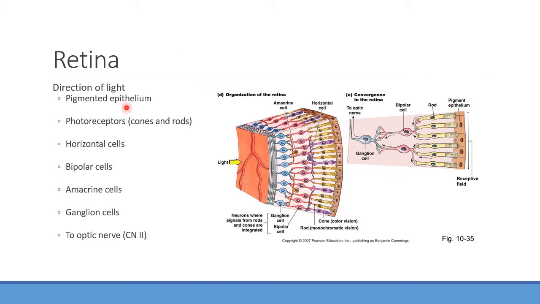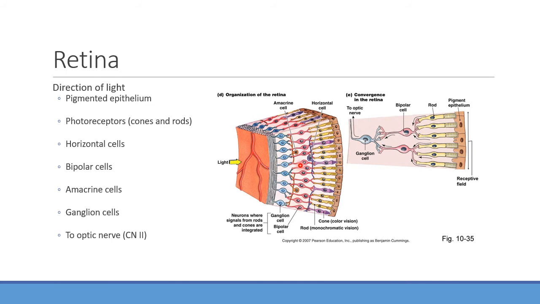Okay, so the direction of light coming through, basically you're going to have this pigmented epithelium. It's going to hit these photoreceptors here. And you notice light's coming in this direction, so this is where the light is going to ultimately terminate. I'm sorry, this is the pigmented epithelium back here. Photoreceptors, then we're going to have some things like bipolar cells. Again, they're not bipolar in mood, but bipolar in direction they're going to be firing. Also going to have what we call amacrine cells, ganglion cells, and then the ganglion cells are ultimately what's going to end up interfacing with the optic nerve. So it seems kind of backwards. It seems like you'd want to hit your rods and cones first, but actually light's going to be traveling through here and eventually hitting the rods and cones almost last before it hits that pigmented epithelium.